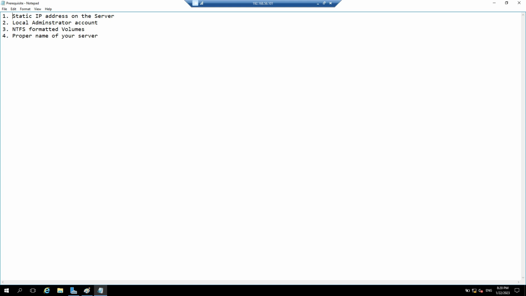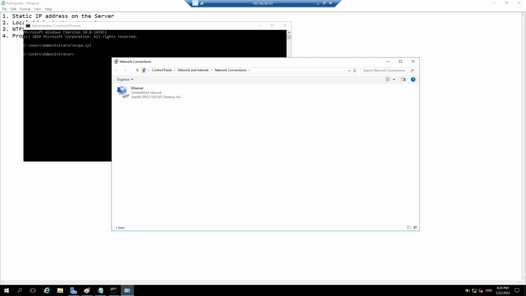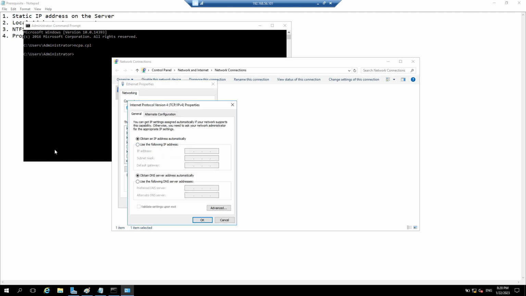Let's first check what is the IP address on this server, whether it is assigned by DHCP or we have set it static IP. Let's see that. Let's open a command prompt. Let's open ncpa.cpl. Let's go to the properties of this Ethernet cable. So here you can see that the IP it is getting from DHCP because it is set to obtain an